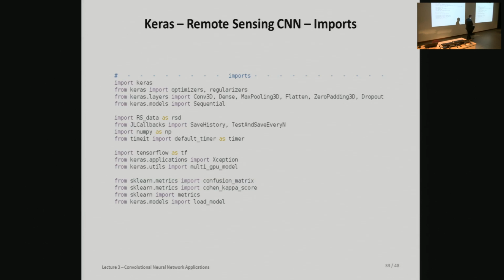Right. So there's a timer that's not so interesting here. Very important is TensorFlow for some other aspects I'm going to show. Multi-GPU model, we have to include this if you want to go to different GPUs, not only one GPU; we use 2 GPUs. There's a confusion matrix which tells us a little bit about the foundation for accuracy and scores